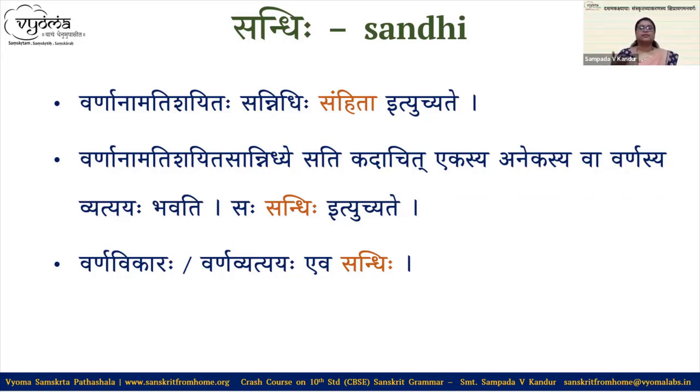So what are those effects? Sometimes the letter gets changed. Sometimes the letter gets replaced. And sometimes there is a slight change, like only Vriddhi, or if it is Hrasva, it becomes Dirgha, like that. So these changes happen at the level of Varna. Okay, what is meant by at the level of Varna? See, we have here the joining of 2 parts, first part and second part. When they join with each other, we get something resultant. What is the result? It's sandhi.